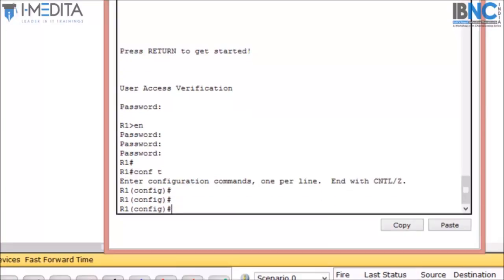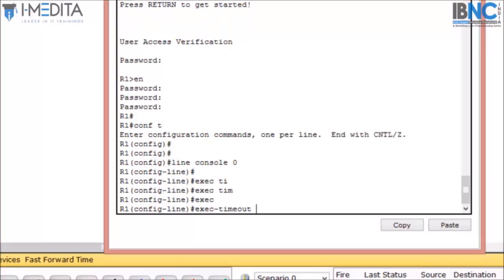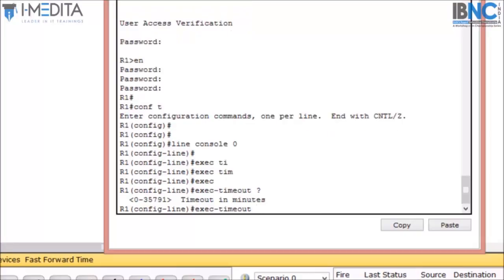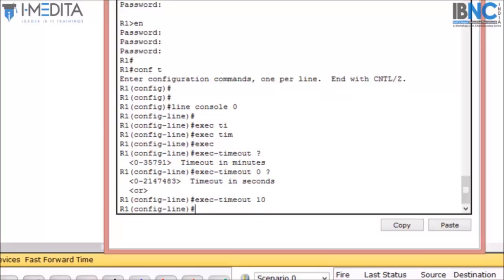If you want to prevent that, we have to go to the line console 0 and then type exec-timeout and then here the timeout in minutes. So if I say 0 and hit enter, then it will immediately time out as soon as it gets inactive. So here let's say 10 minutes, then after 10 minutes it will log out itself and